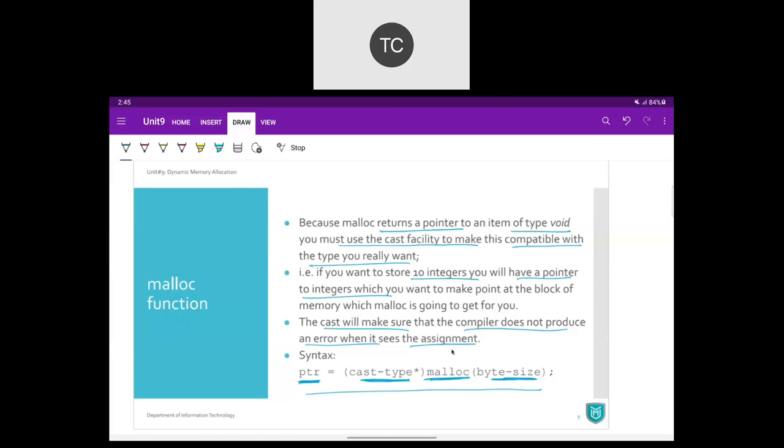Now that starting address is going to be of type void pointer, because the system doesn't know what kind of data we are going to store there. We have to convert that void pointer to the required data type pointer, so the compiler does not generate any error later on.